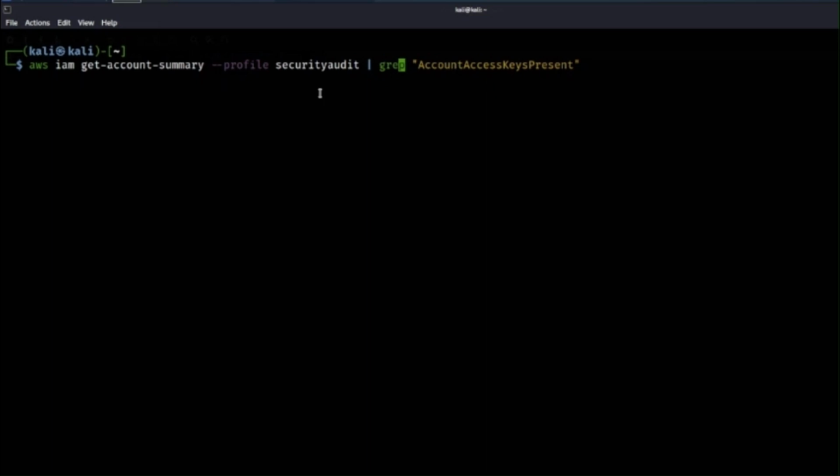From the command output I want to grab whether account access keys are present or not. I want to grab this particular field. I'll just press enter now, and I have got the output. If you see here, AccountAccessKeysPresent is equal to 0. 0 means that the account access keys are not present and therefore we are complying with that test